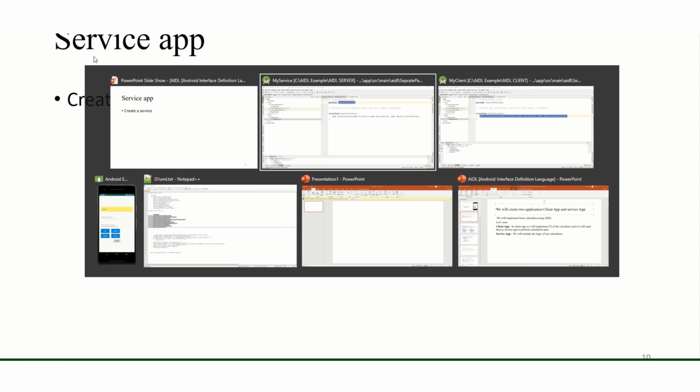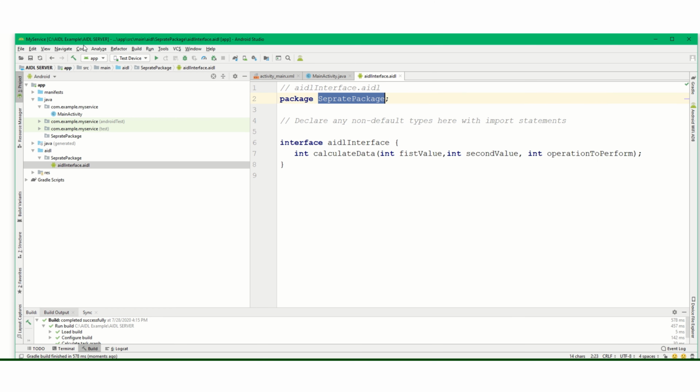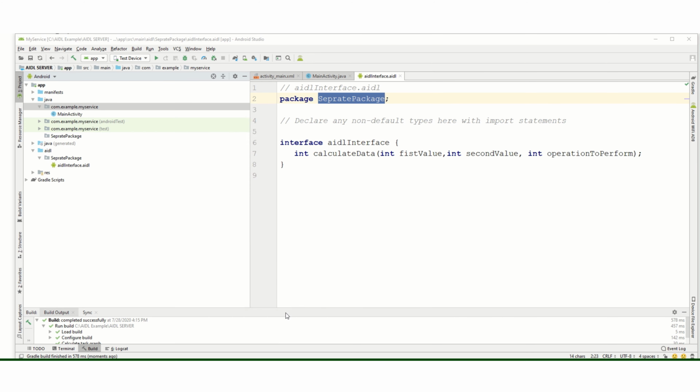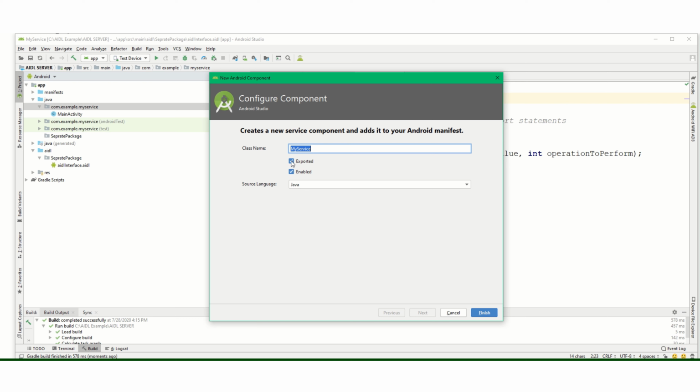Now we have to create one service here. In the service app, we have to create one service. Right click and let's create a service. Select the second one. Make sure you have checked this to export it and enable.